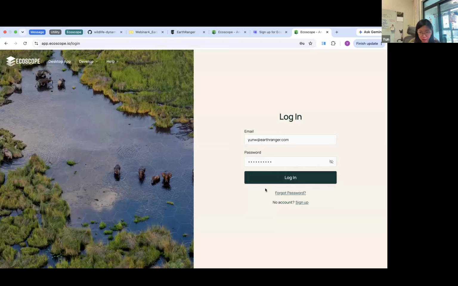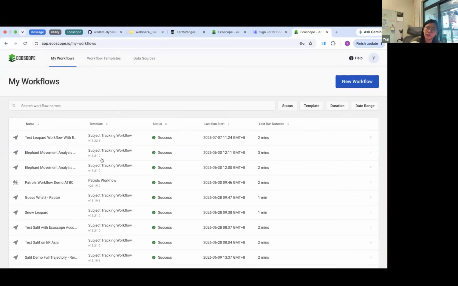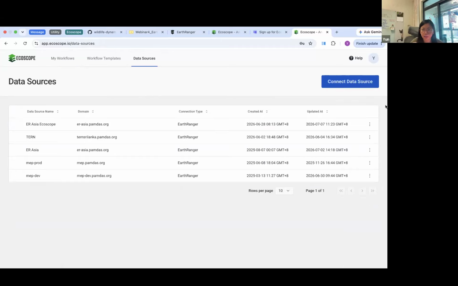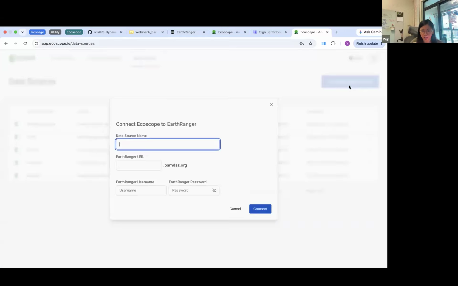So first, you log into the Ecoscope app, and the landing page is My Workflows. These are all the workflows you have run previously. If you have a new account, on this page you should see nothing, as you haven't run any workflows. And what you need to do first is to set up your data source. So you can go to the Data Sources tab and click on Connect Data Source, and there will be a